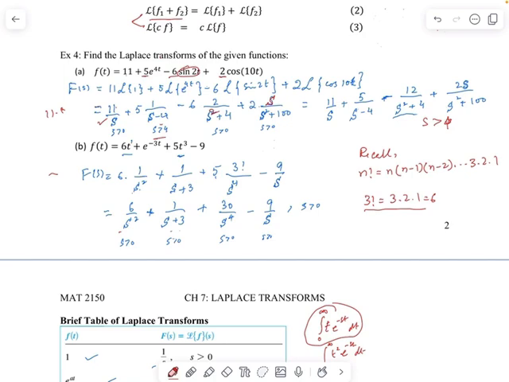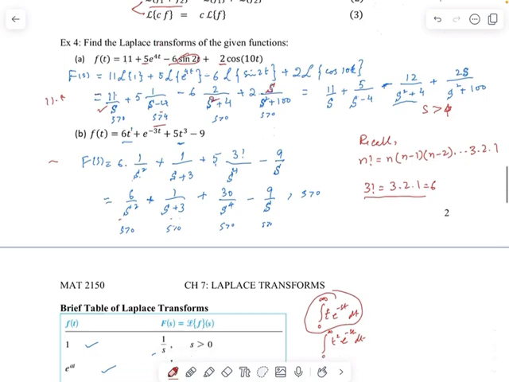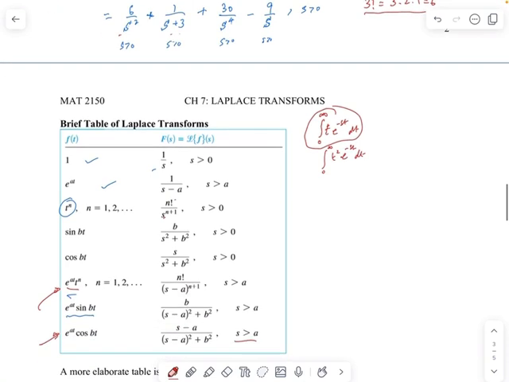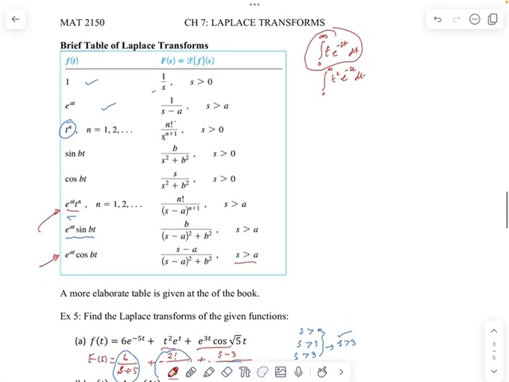But at this moment, I want to show you that we can also use tables of already calculated transforms. So we will look at that and finally be able to figure out what the transform of our given function is. So for t, here I have a brief table. Why do I say brief? Because these are just a few